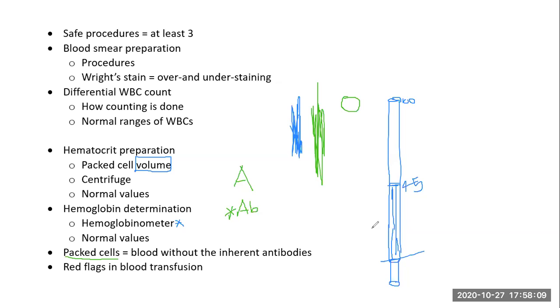The last thing that I want you to know is what are the red flags in blood transfusion. Obviously, if you are type A, you don't take blood from a type B person. Or if you are type B, you don't take blood from a type A person, things like that. Or if you are Rh negative, taking blood from an Rh positive person